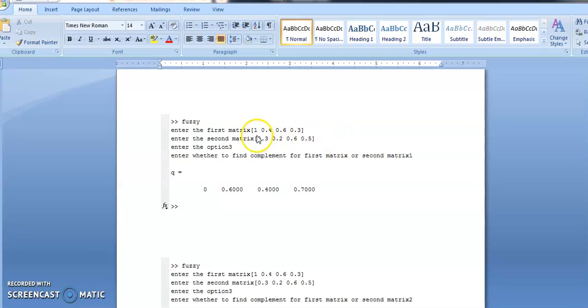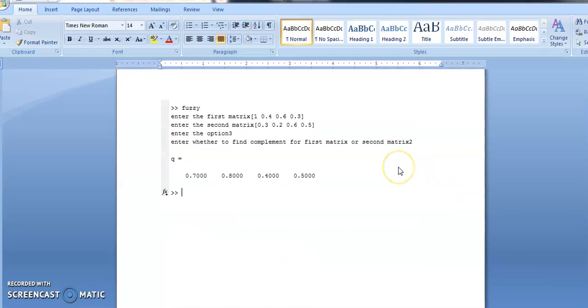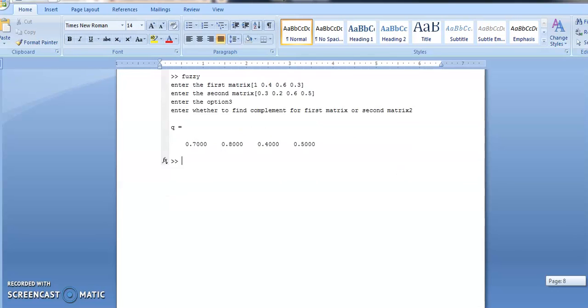The elements of the first matrix are 1, 0.4, 0.6 and 0.3. Now 1 minus 1 is 0, 1 minus 0.4 is 0.6, 1 minus 0.6 is 0.4, 1 minus 0.3 is 0.7. So this will be your output. Similarly, this is the output for the complement of the second matrix.